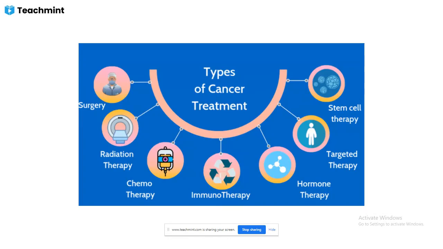Next is radiation therapy. In this case, the cancerous cells are destroyed by lethal radiations like X-rays or gamma radiations. However, the radiations may also damage the normal healthy cells, so it has side effects as well. In the case of chemotherapy, treatment is carried out with chemical compound drugs, and this relieves pain, increases survival time, prevents the spread of disease, and causes temporary disappearance of the tumors.